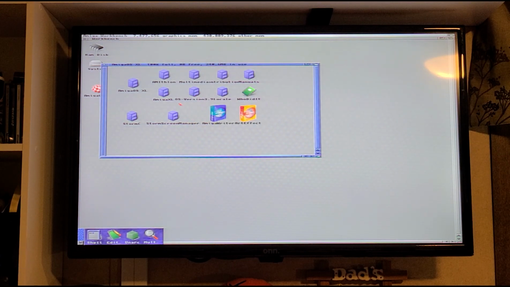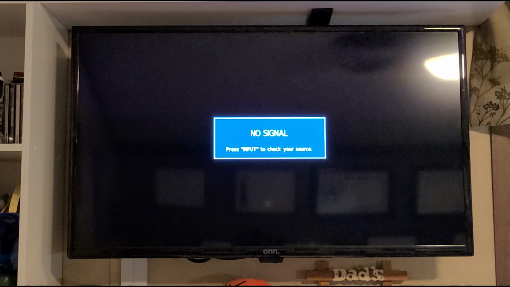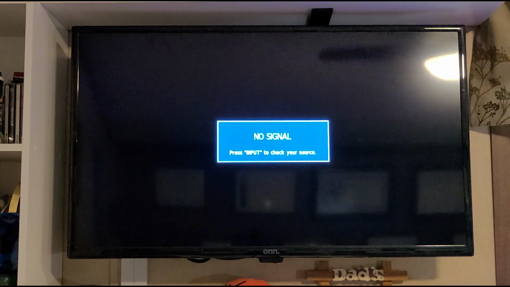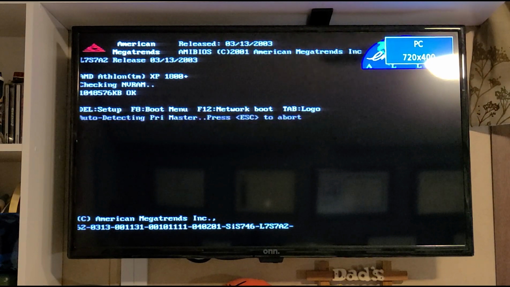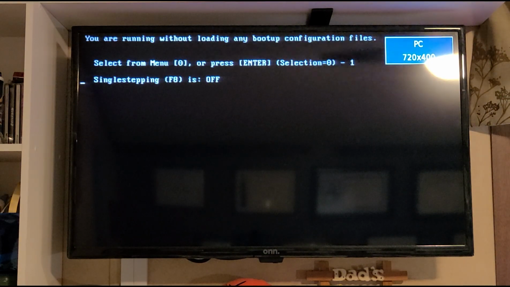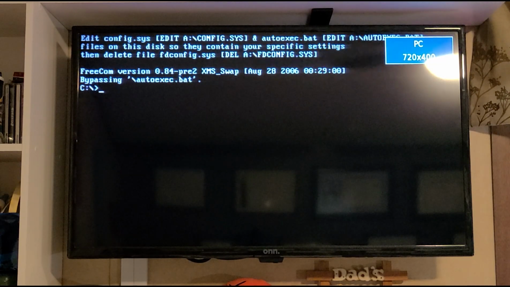So what we can do now, we're going to take this Amiga OS disk out again. And at this point we can boot into our system. So let's just turn the computer off. And we'll turn it back on. And we will boot into our installed system. At this point we can do that by doing... Oops. You know what? I messed up. I missed a step, and it's an important one too. It's no big deal. Alright, so since we forgot to do that, we got to go load lin